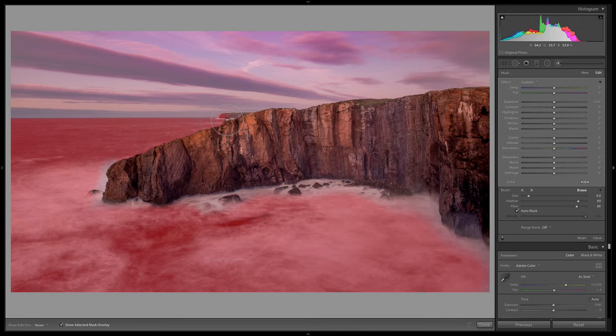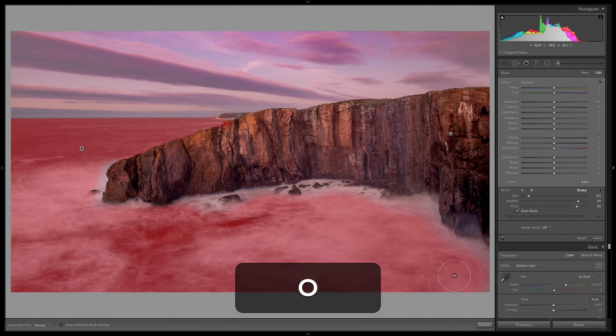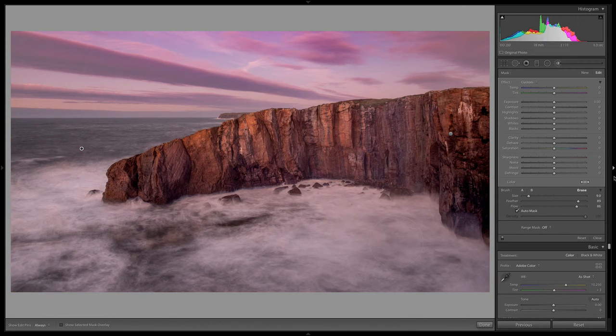And so Lightroom kind of knows that I have that line right there, and so it knows that I'm trying to get rid of that part. Let's just get that tiny little spot up there in the cove. Erase. All right, that should be pretty good. We'll see afterwards if I need to make any more minor adjustments.